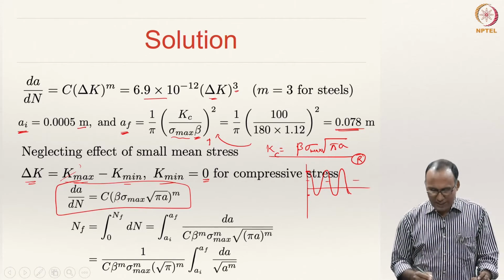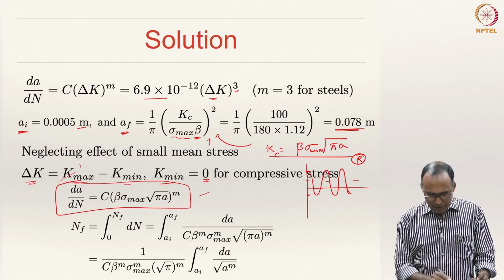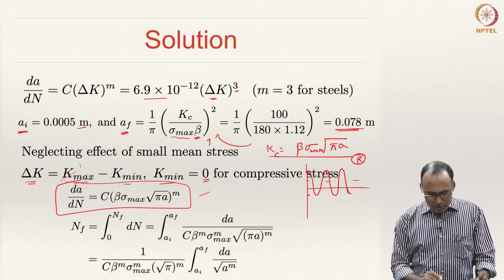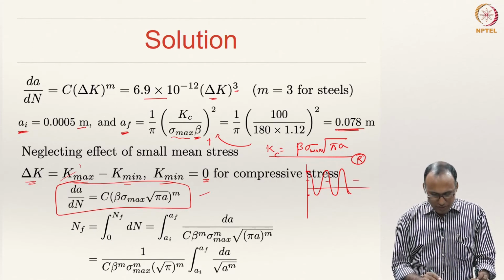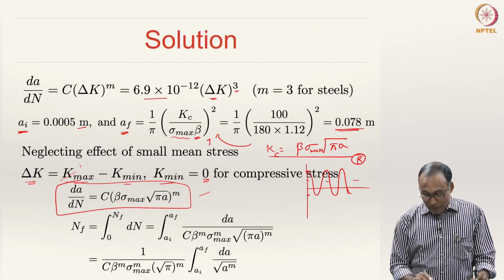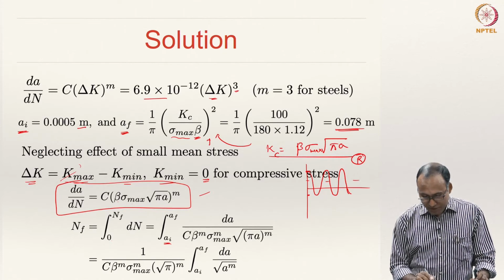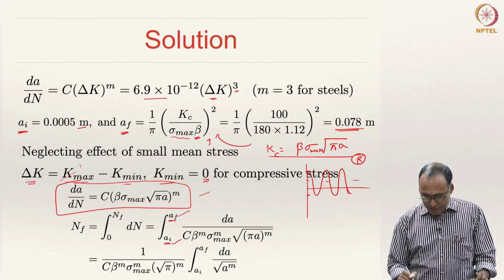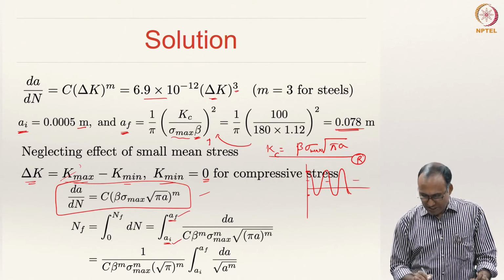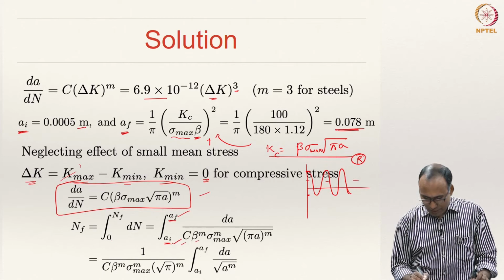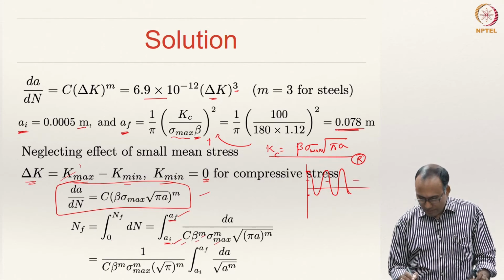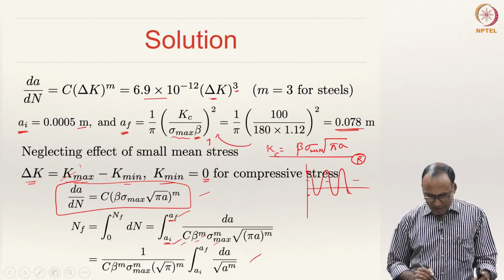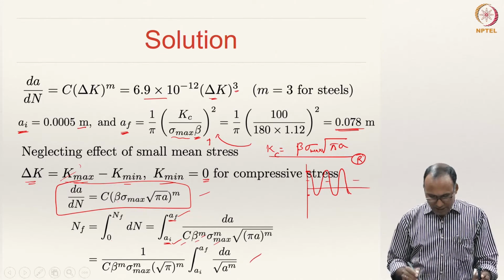So, now you integrate this equation, and when you are integrating, dN should be integrated from 0 to Nf, whereas initial crack length is ai, final crack length is af. We know what af is, we know what ai is, and you can integrate this expression. C is known, beta is known, m is known, sigma max is known, and then dA by root pi a. So, that becomes something like that, and then once you integrate this,